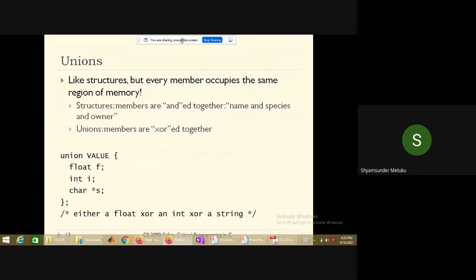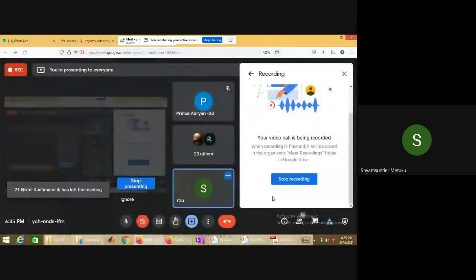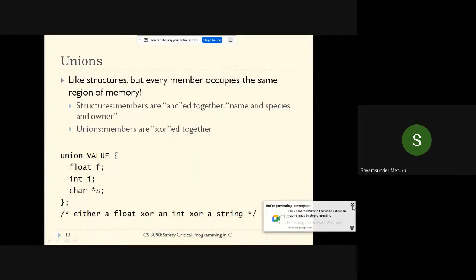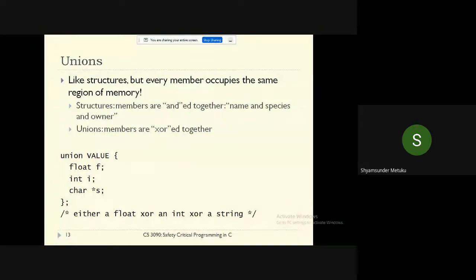Respond. 9. 9, because float is 4, then int i is 4, and char star is how many bytes? The pointer. Pointer 1. Yeah, pointer takes how many bytes? 4 bytes, I said. Irrespective of the type of the pointer, even though it is char star, never get confused. It is not a character, it is a pointer to a character. So the pointer holds a memory address, so an address needs at least 4 bytes. So I must say that a total of 12 bytes is actually needed if it is a structure.